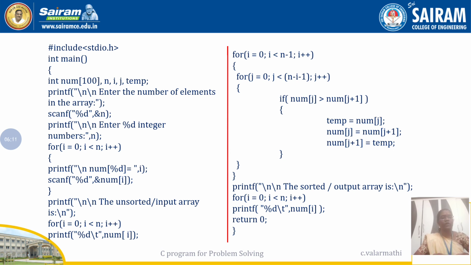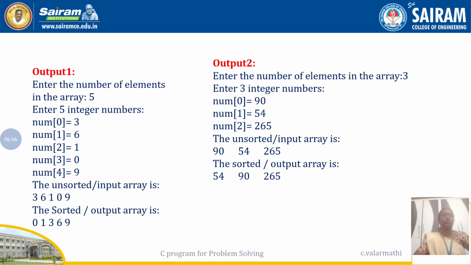So at the end of the for loop, we will get all elements sorted. That sorted array should be printed. For that I have used one for loop: for i equal to 0, i is less than n, i plus plus, printf a[i]. a[i] is the exact array that is going to be printed using the for loop one by one. So this is my output, right? Here we have to do swapping with adjacent elements by comparing the adjacent elements. So if a[j] is greater than a[j plus 1], swapping is required, or else no need of swapping, right?